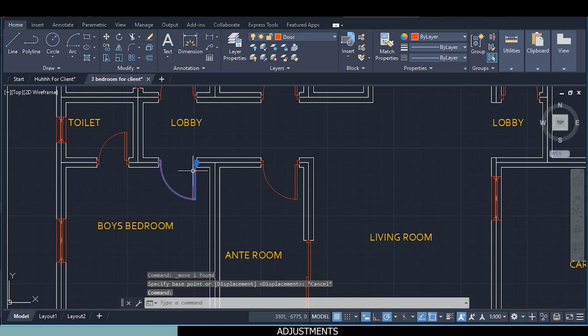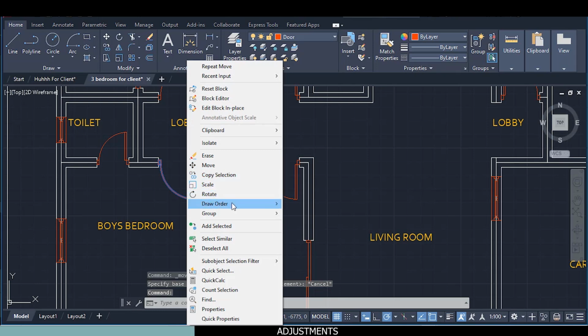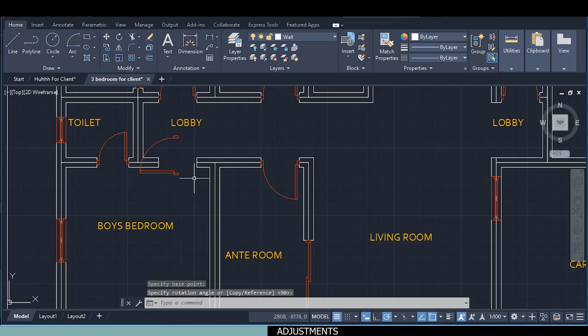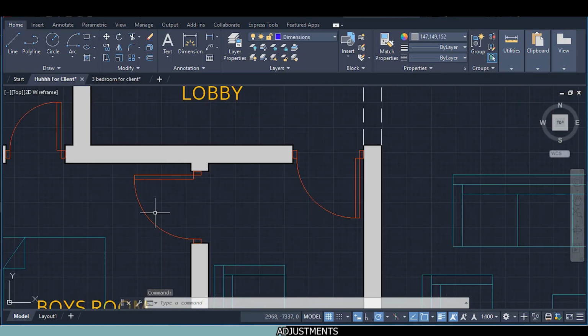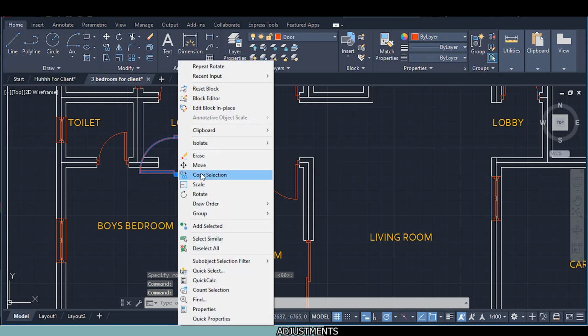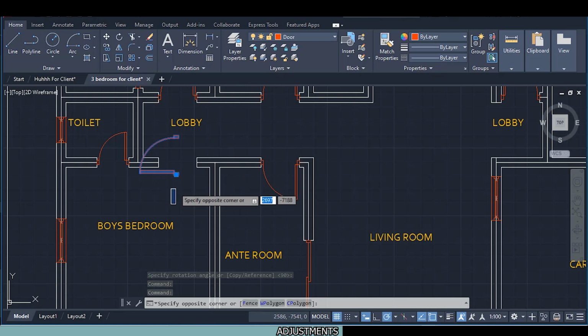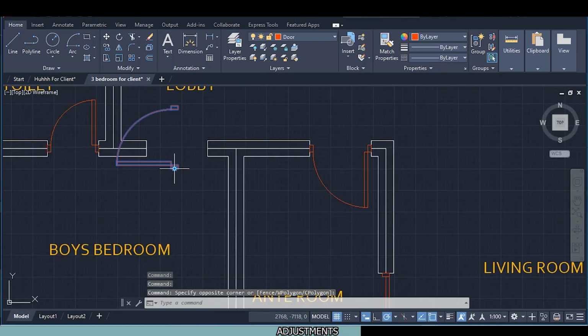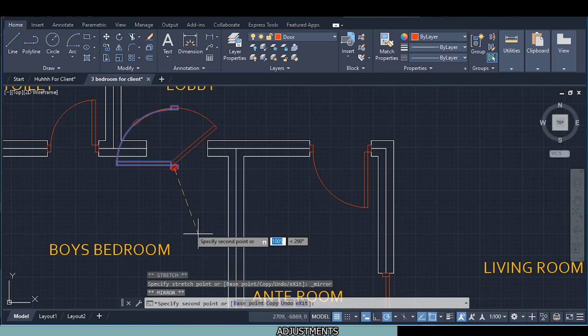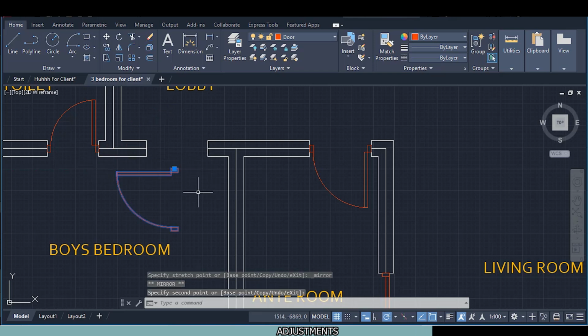So click on this door, right click, click on rotate, pick any base point and rotate it this way. And now I want the door to be black on this side, so select the door, right click. We can't find mirror there, we can only find mirror when we click on the grip, we then right click and there is mirror. So now I want the door to be this way